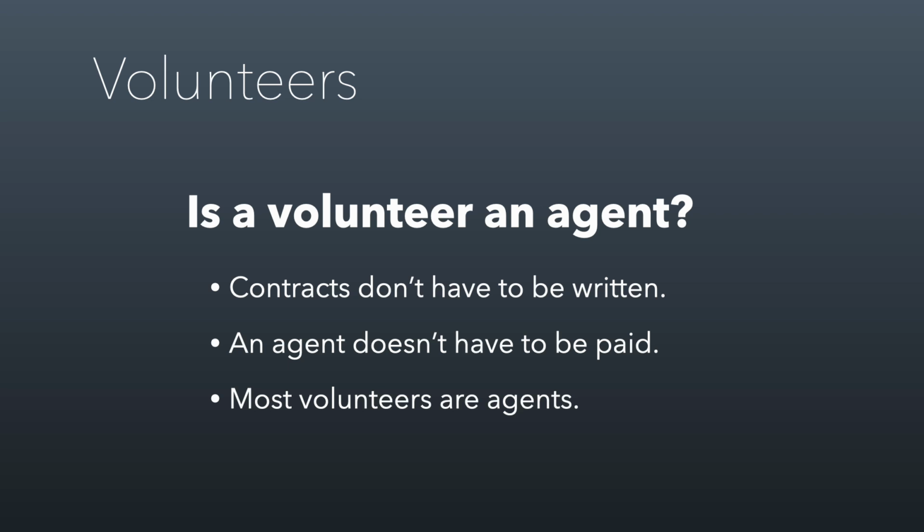And what that means is the vast majority of volunteers are agents because the nonprofit and the volunteer have agreed to a relationship where the volunteer is going to do something on behalf of the nonprofit. And to the extent that's the case, a principal-agent relationship has been formed. And so nonprofits that rely on volunteers can expose themselves to a great deal of legal liability without realizing it, because they don't think about volunteers as being their legal representatives, but in a very important, legally binding way they are. So you need to think about your volunteers as agents for your nonprofit. And we'll discuss that more in class, and I'll see you all then.